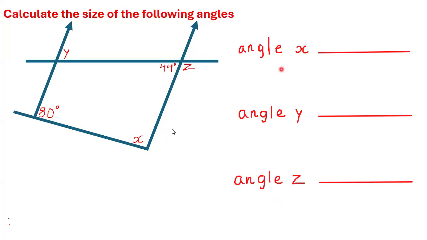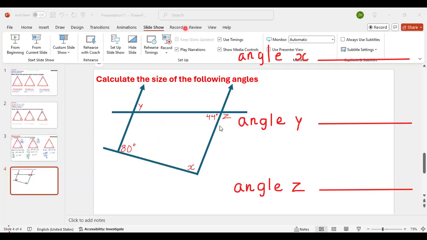First of all, we have to know what a co-interior angle is. Some people do not know what co-interior angles are, and that might be a problem. So I'm going to give you a chart for that, just so you can see what shape co-interior angles have. A C, they make a C.